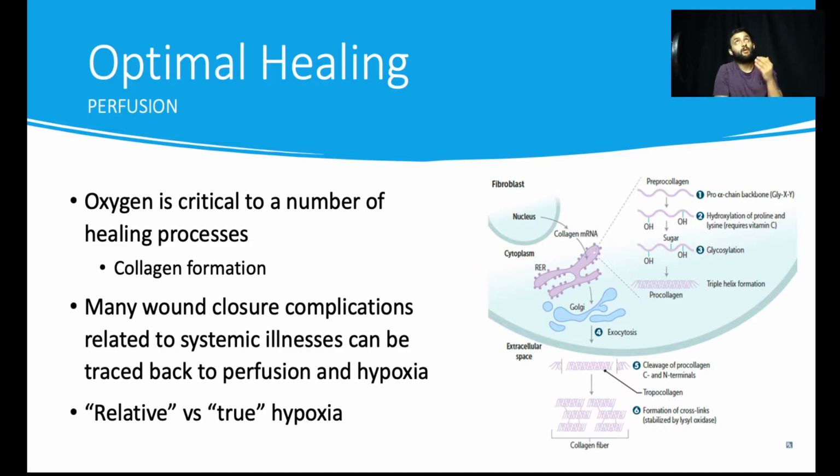So what is the first one that comes to mind? What is the prototype of a systemic illness that causes perfusion issues and hypoxia? And if you weren't thinking about diabetes, you weren't thinking right, because diabetes, of course, is one of the biggest ones, right? Diabetes, we can have issues with peripheral vascular disease. It's essentially also a microvascular disease, right? But in addition to that, of course, we need to think about irradiation,